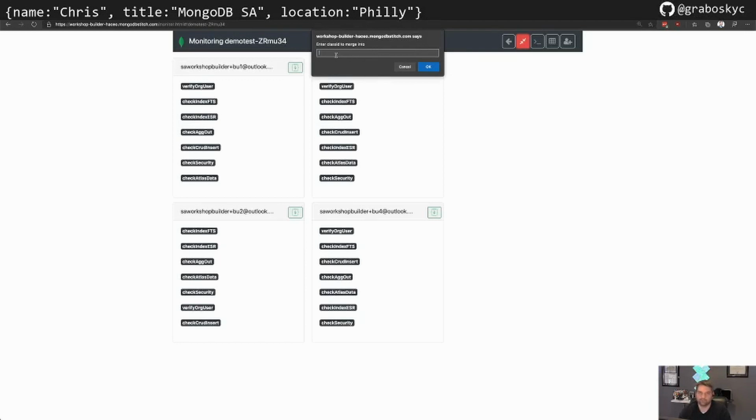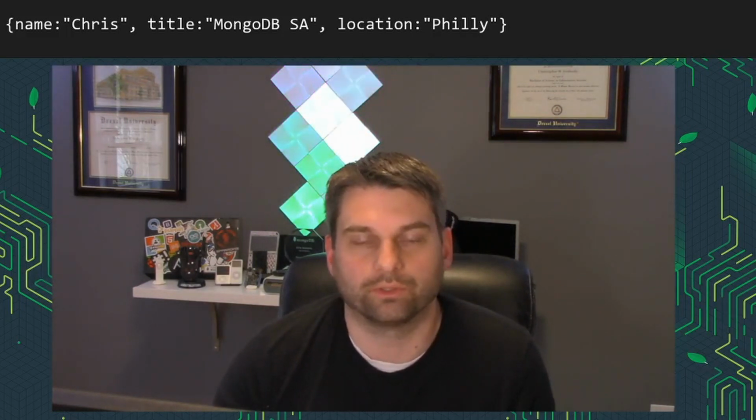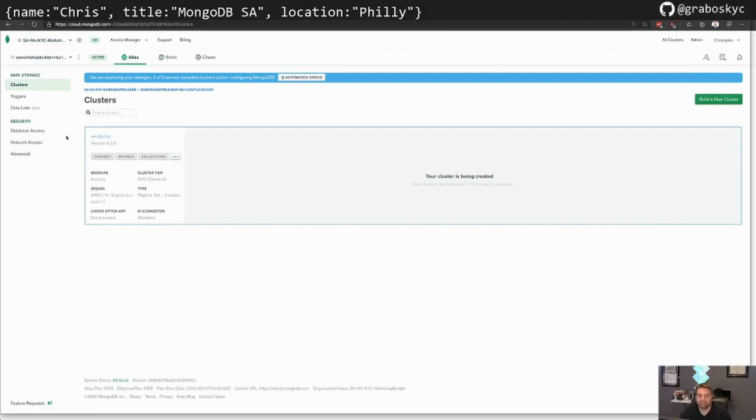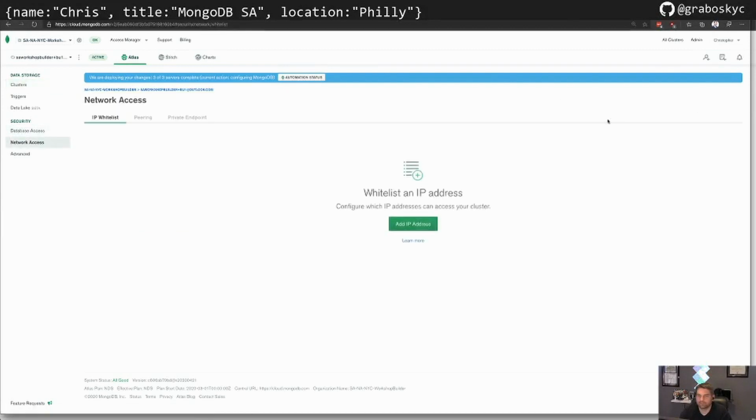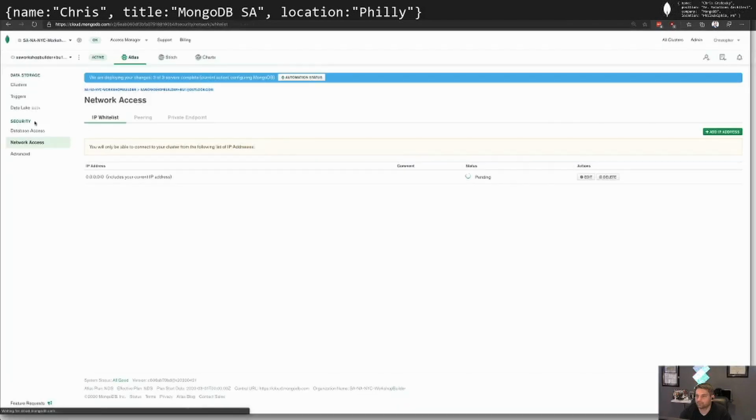So again, the workflow is create a new class, deploy that new class, and merge that new class into your existing class. So let's cut over now to walk through some of the steps the user might do so you can see what it looks like in the administrative portal for the people running the workshop. One of the tasks would be to add an IP whitelist, for example. So we can come in here and say database access, network access, add the global IP whitelist, and we can